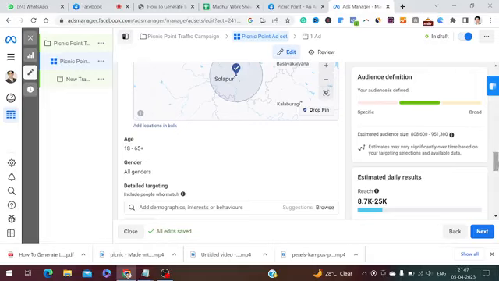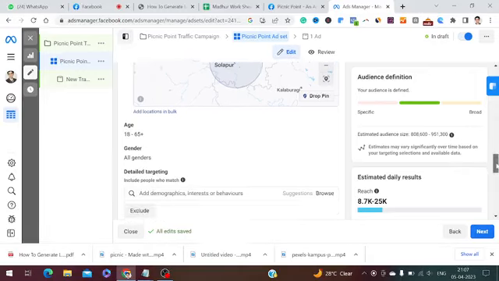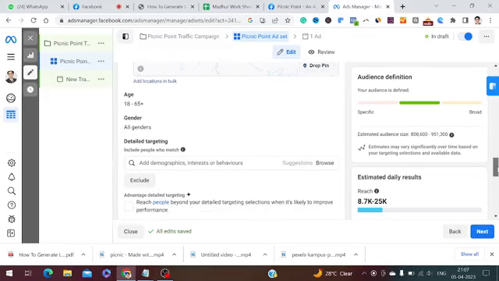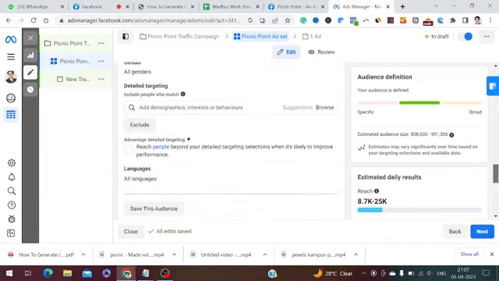Then I have defined the ages from 18 to 65 plus. I keep the gender as all genders. So detailed targeting, yes, this is something important here, guys. So we will define that at a later stage. Okay,